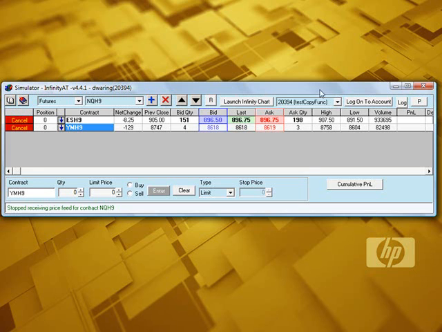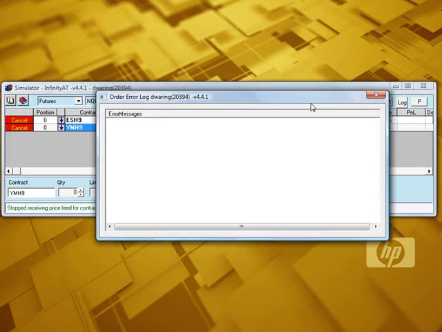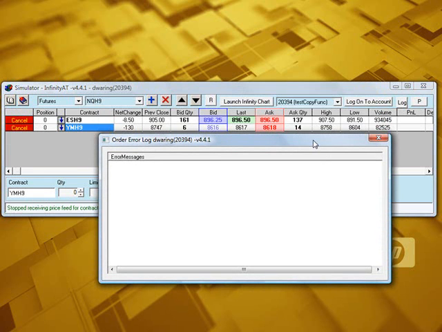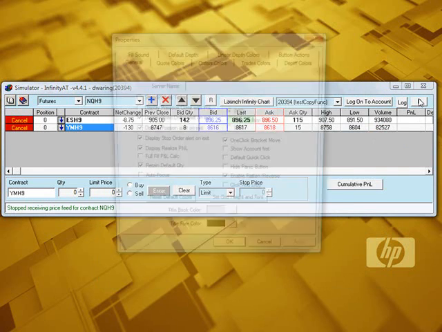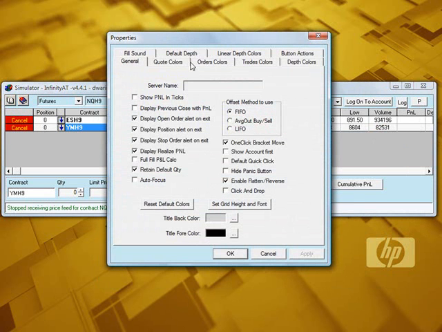lessons. The Logon To Account button here is for if you have additional accounts, you can log on to them simultaneously without having to enter your login information again. The log is for any error messages that have come up while you're in the platform. The P button is the properties button that allows you to change the colors and customize things a bit if